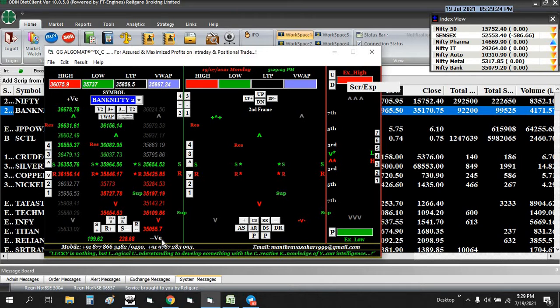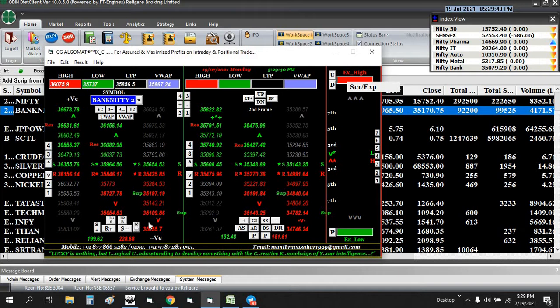Now the clicking method is nothing. If the open price is in this zone, you need to click S minus, or otherwise, if the open price comes to this zone, you need to click R minus. After clicking R minus, I want to click AR. So what is the trend? The trend is completely negative, right? So maximum it should reach this zone, or otherwise it should reach this zone.